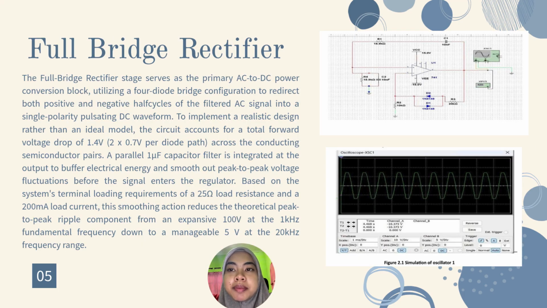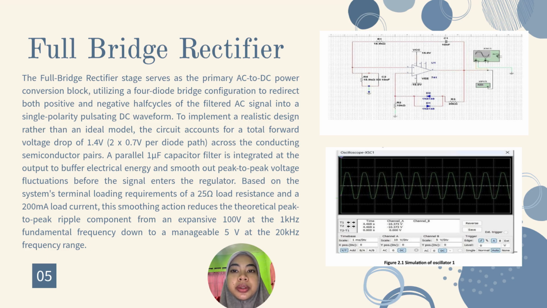My name is Maria Mafuza binti Mazlan and I want to present about the full bridge rectifier. The full bridge rectifier converts the AC input into a pulsating DC output using four diodes. During operation, two diodes conduct at a time, causing a total voltage drop of about 1.4 volt. A 1 microfarad capacitor is connected across the output to smooth the DC voltage by reducing ripple before it enters